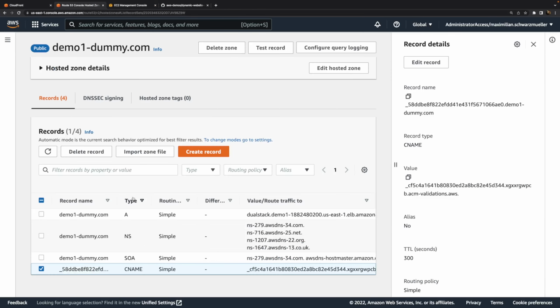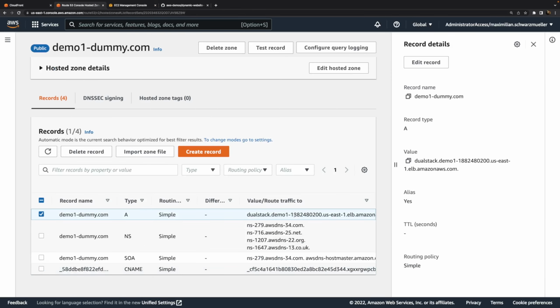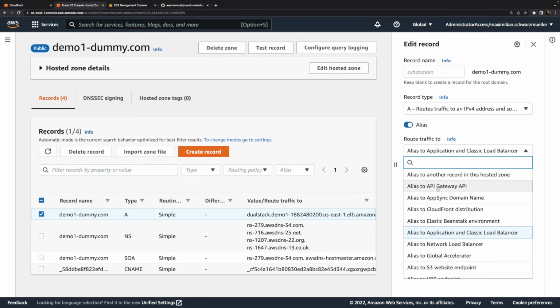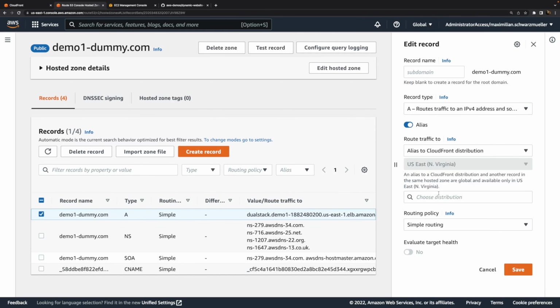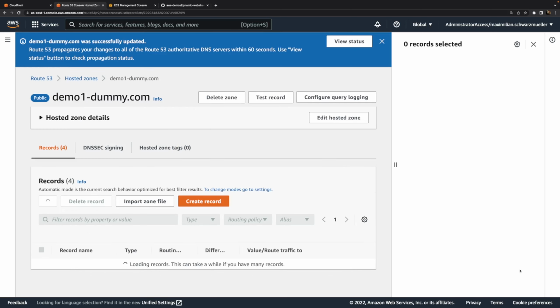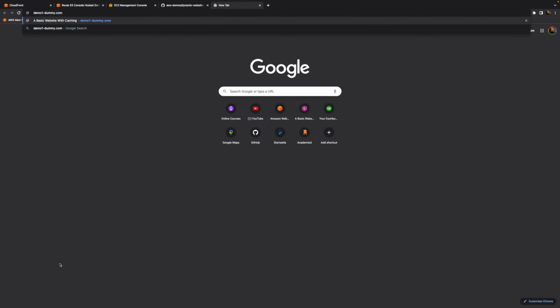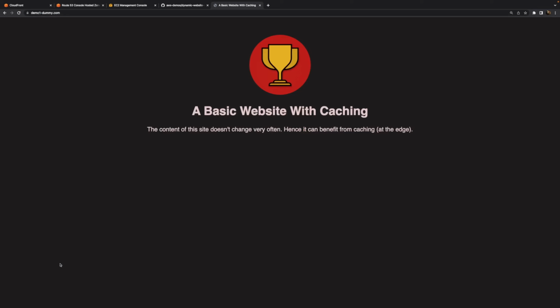For that, we can go back to Route 53, to this A record, edit it again, switch to the CloudFront distribution, and then select this distribution, which is now suggested here because we added our own domain name as an alternate domain to it. So with that all done, this is updated. And now if we send another request to our custom domain, it will actually be sent to CloudFront and therefore to the closest edge location.